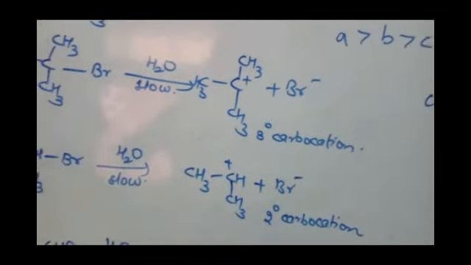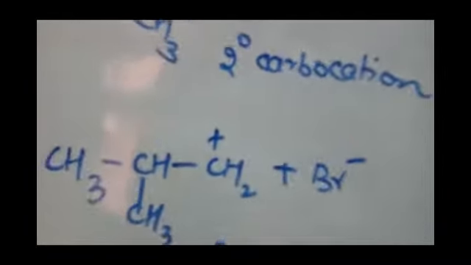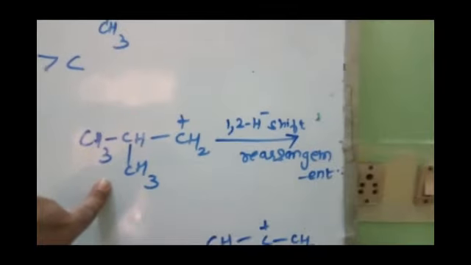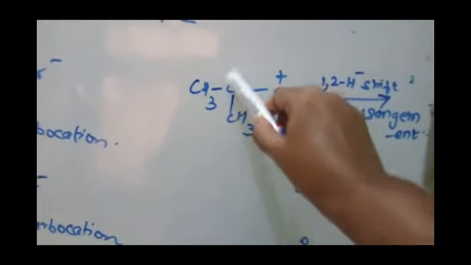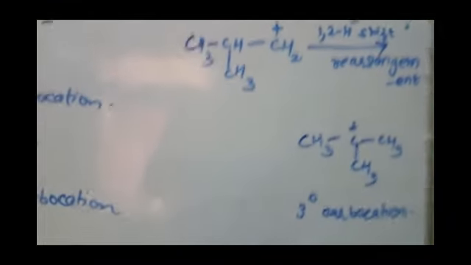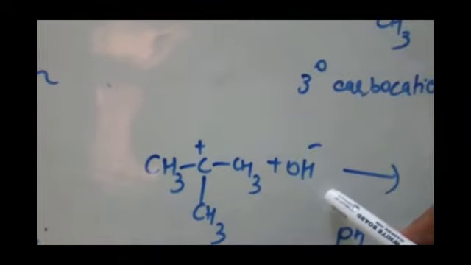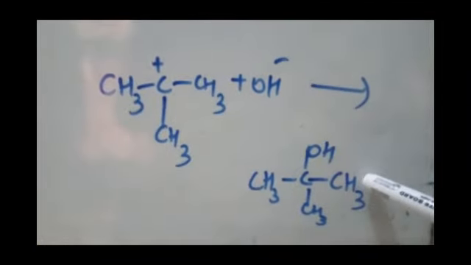But here one more thing is happening, children. In the third case, though first of all a primary carbocation is formed, this primary carbocation will rearrange itself. When there is a chance of rearrangement, the carbocation rearranges in order to get stabilized. This hydrogen will shift here so that the tertiary carbocation will be formed, and then this tertiary carbocation will be attacked by OH minus to form the product. So this is how a hydride shift occurs.